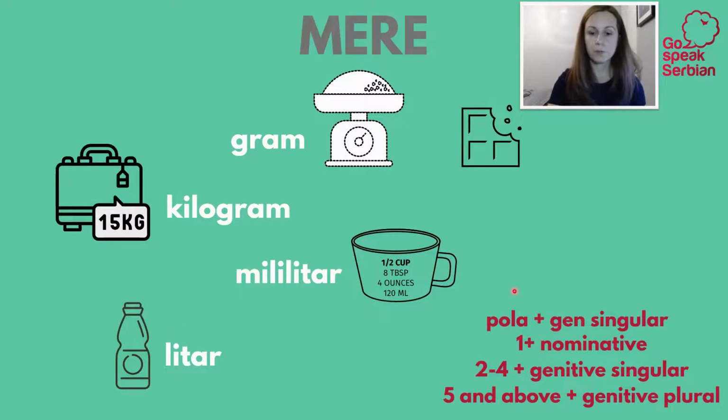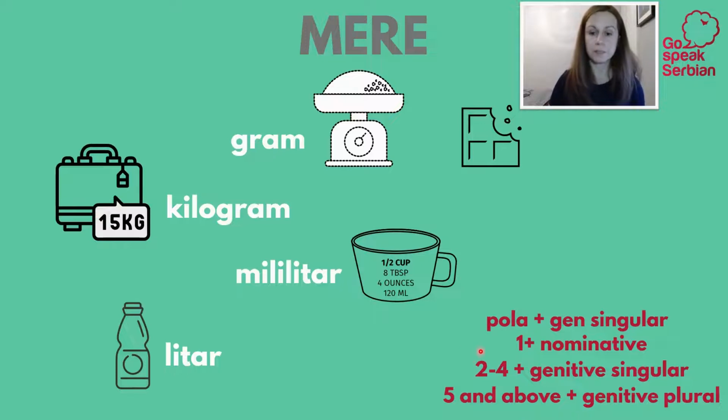And here I just wanted to provide genitive forms after certain numbers and also after the expression half of. So for example, if you want to say half a kilo, you would say pola kilograma. So the word kilogram in this case would be in genitive singular form, so it would get the ending a. Similarly, if you want to say half a liter, you would say pola litra. Again, because this is a masculine noun, in genitive singular, it would have the ending a. And then after the numbers,